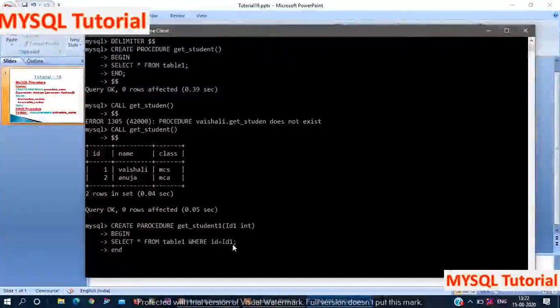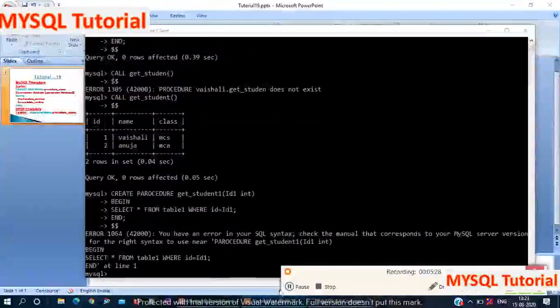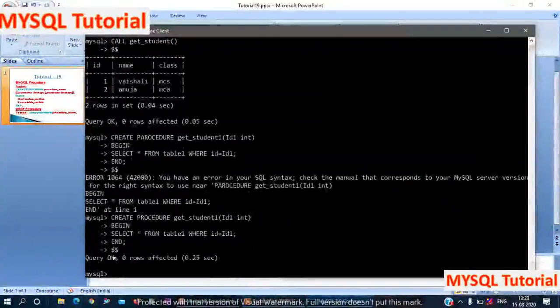Again end, symbol. Here you can see query is okay.